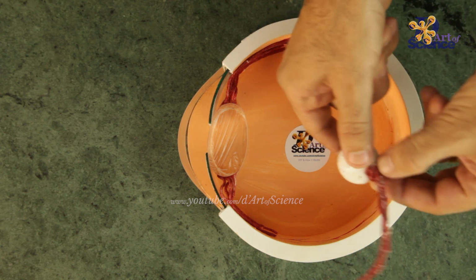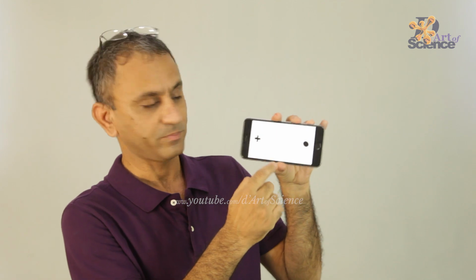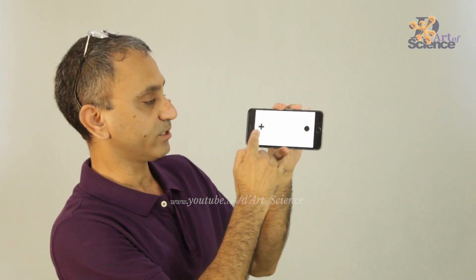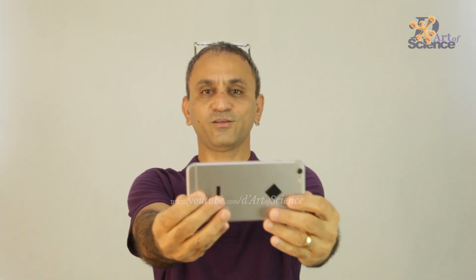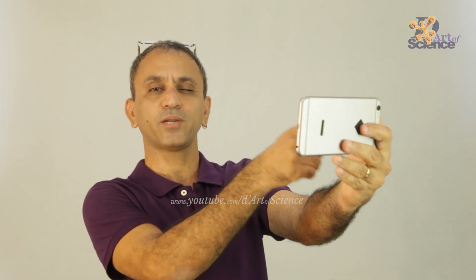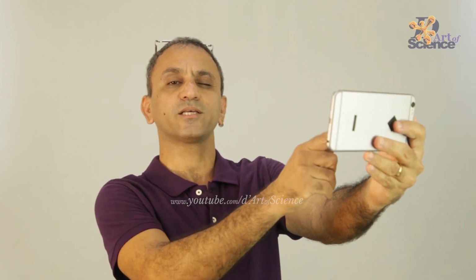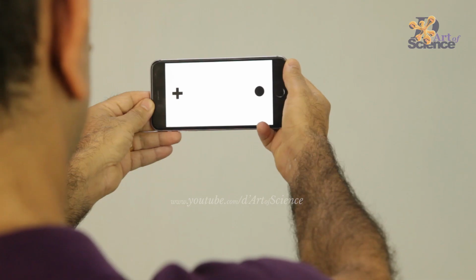Try this experiment if you're watching this on a phone or a tab. I'll put a plus and a dot on the screen, so you can pause the video at this frame. You can see that the plus is on the left side and the dot is on the right side. Now you hold it in front of you like this, at full arm's length. Shut your left eye and look with only the right, and look at the left side, which is the plus side. Notice what is happening to the dot, but at the same time keep looking at only the plus side and slowly keep bringing it close to you.